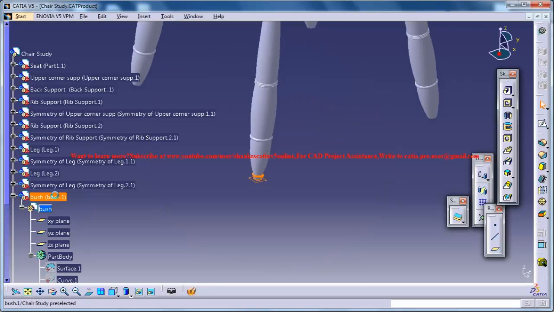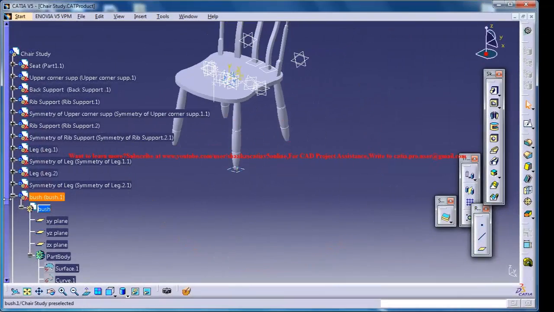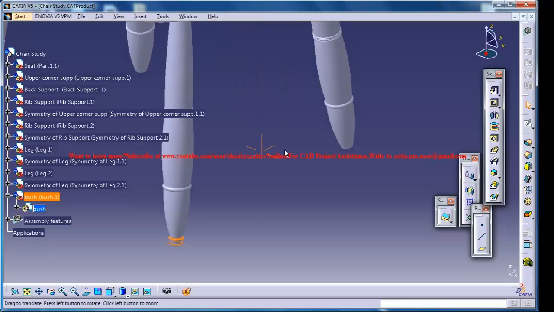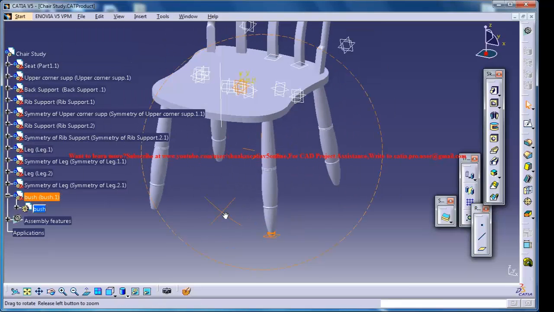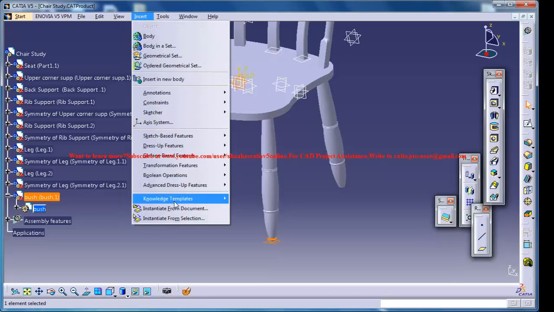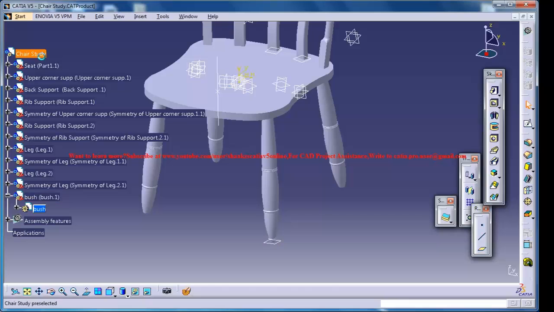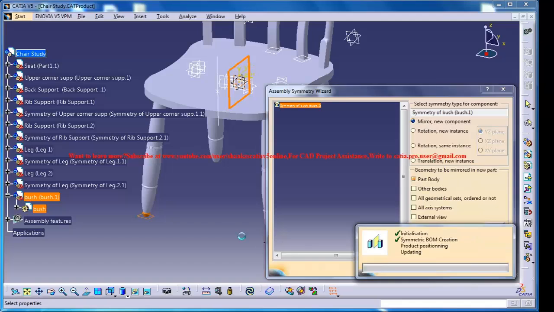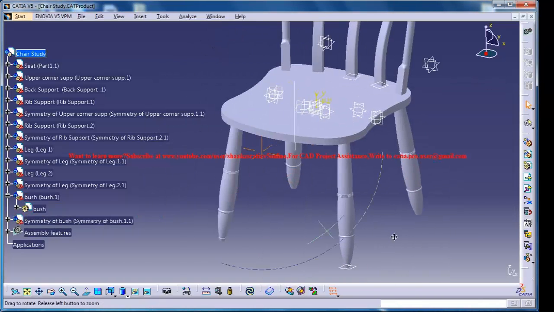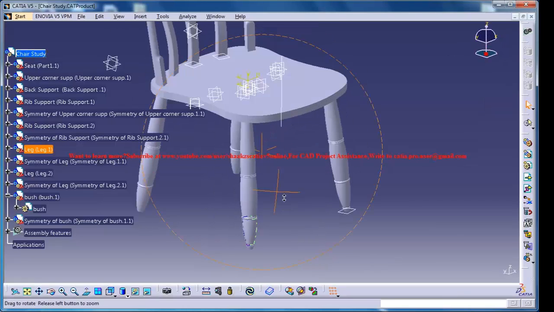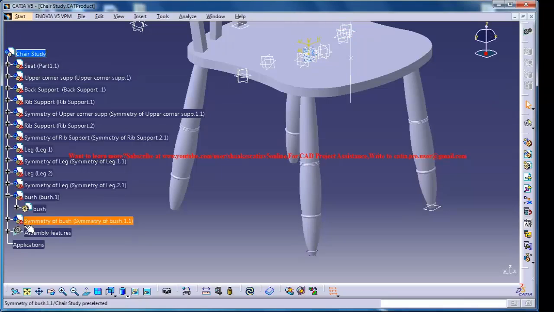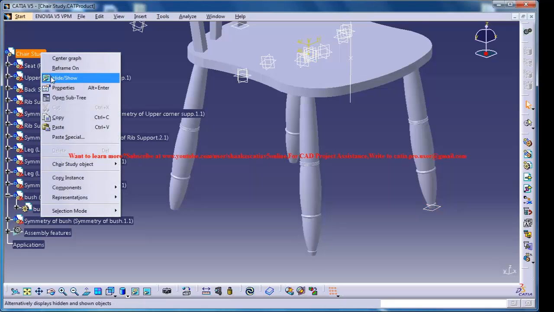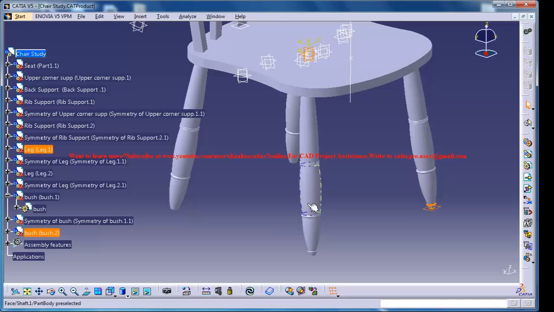and make sure that in the product mode back again, and we have already created the bush here, so make sure that you're selecting the bush, and then just make sure that you're in the product mode and go for insert symmetry and select the plane of symmetry and select the bush and click on finish. We got the first bush being placed here, and to set the next bush, what you can do is you could select this bush here, go for copy and paste it here, so you get a second bush,